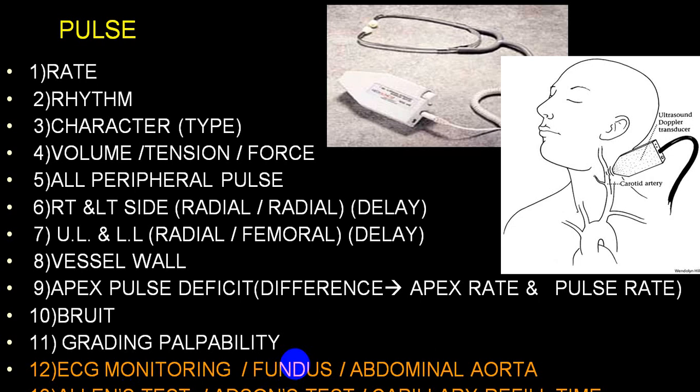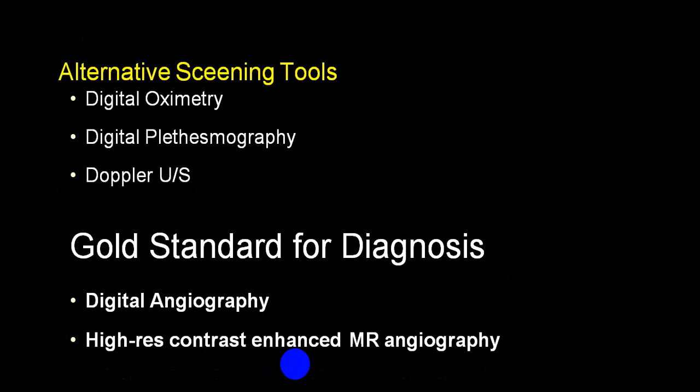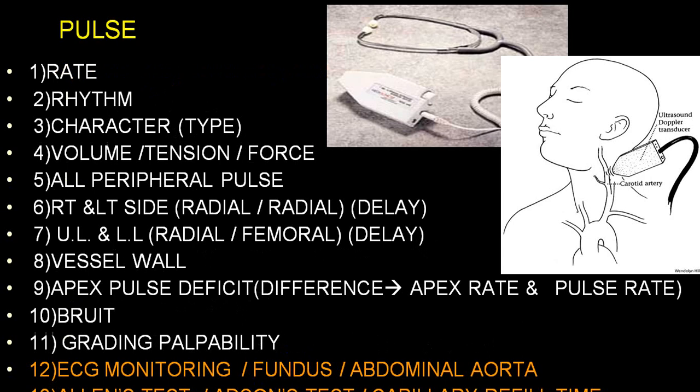It should be done. Best way of getting it done is by an ophthalmologist, where the chances of missing the earliest changes will be less. And you can also examine over the abdominal aorta by a Doppler and over the carotid artery to find out any abnormality like bruit or occlusion, etc. You can identify much better by getting a Doppler done.